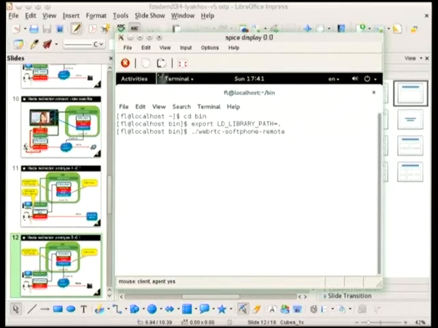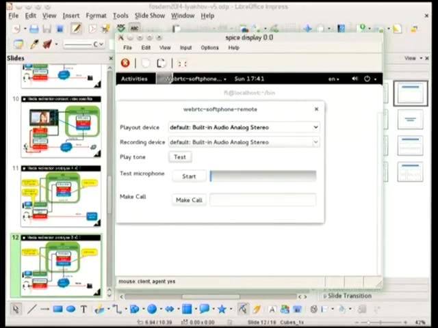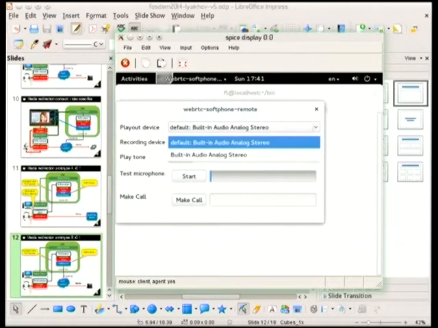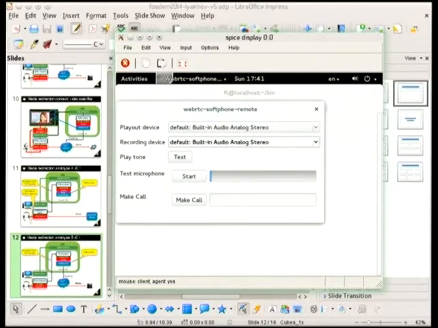I'm going to start a remote version of that soft phone. It has a very simple test UI, but what we can see here is that it is capable of selecting the client's audio devices. We don't have many of them today. So it is capable of, for example, testing a microphone. It doesn't work. Yeah, I have the microphone muted because for the next stuff I would like that. So yeah, the test works also, and it is actually working via that Thrift